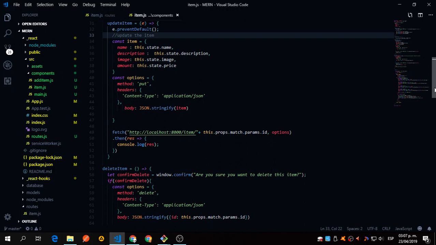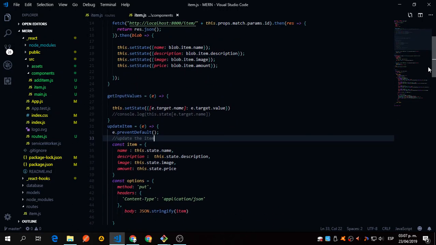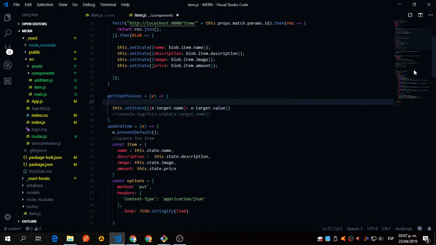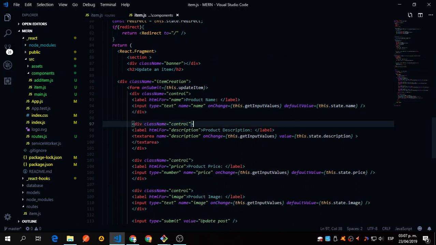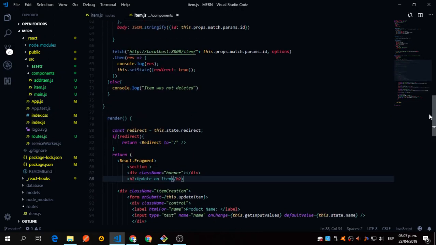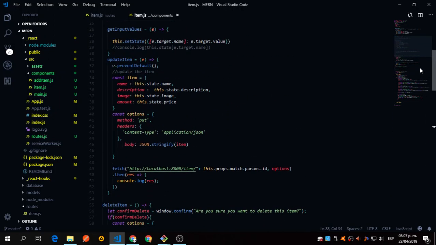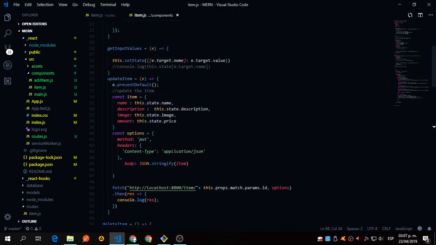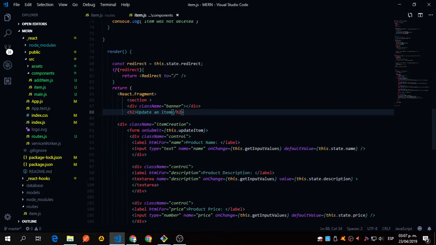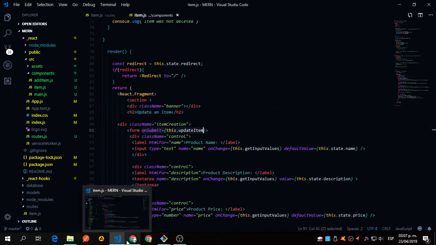The same thing happens here with the get input values, that we are just setting the state. Regular React, we're setting the state with this on change for the inputs. The inputs are matching the state names, or the state properties. So yeah, nothing new to see there. So when we click this on submit for the form,